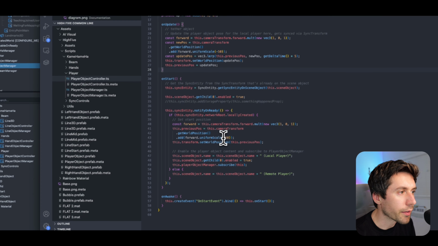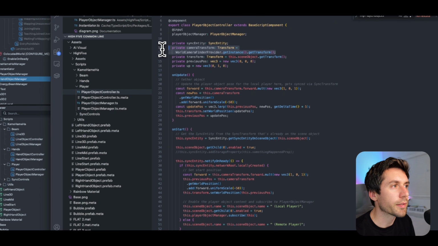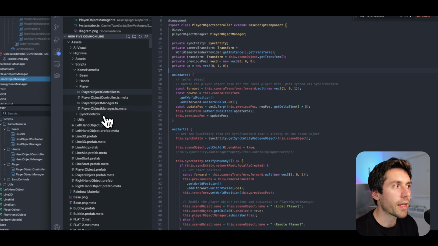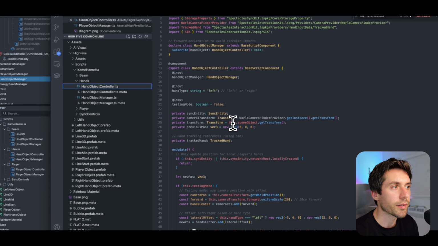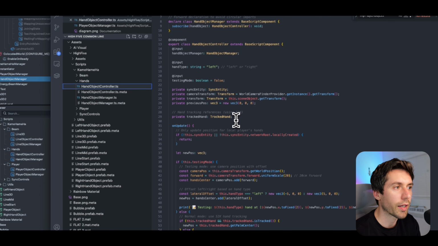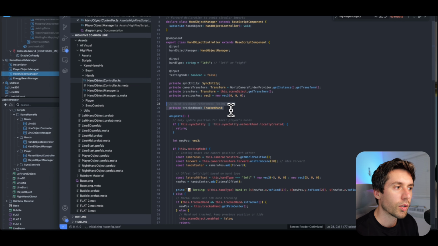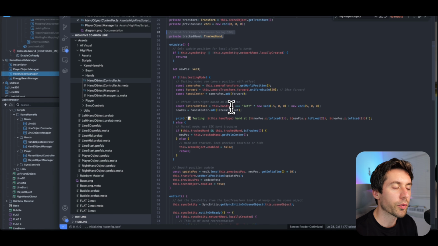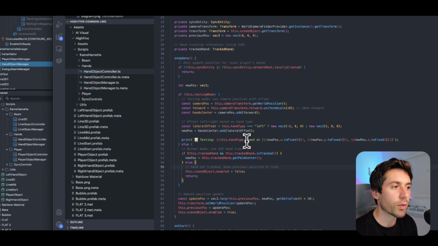Where is it that we get the camera transform? It is set as a board camera, fan provider, get instance, get transform. So this is actually what we get for understanding the head pose. For the hands it is really the same. We're just getting literally the hands, left or right, but we are understanding that through tracking hands. So once again, this is similar, taking advantage of some more utilities like SIK, but once again,